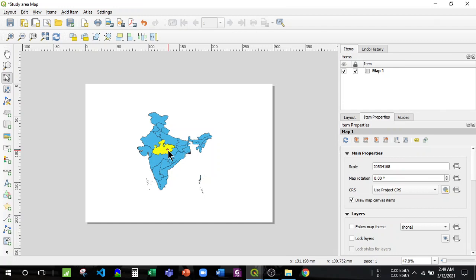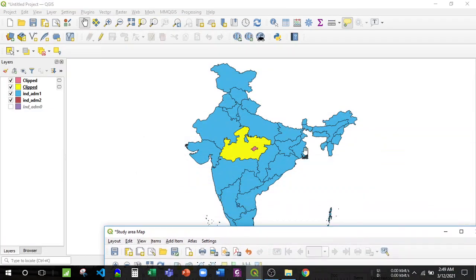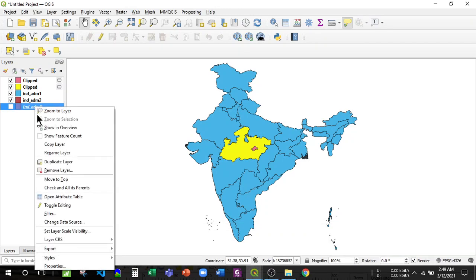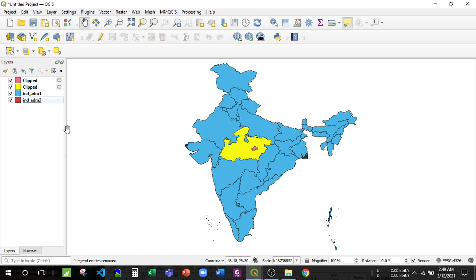I will again go to QGIS, and then make sure I untick these. Let me remove this layer. Yes, it is removed.